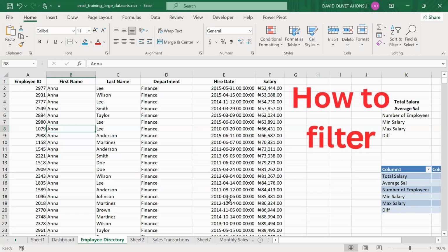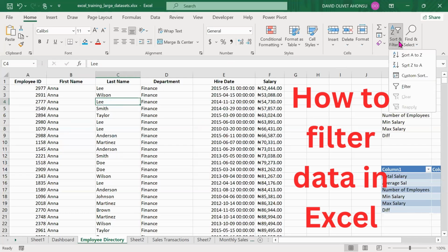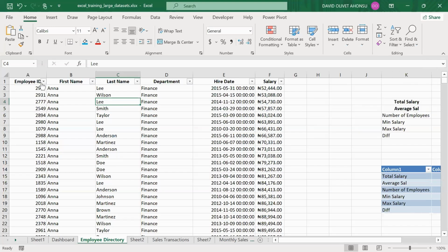So the next thing I want to do now is to show you how to do filtering. Filtering, right? What you do is just click on this, and I'll show you in a bit what that means. Click on this one and click on filter. So what it will do is put this button on each of the columns in case you